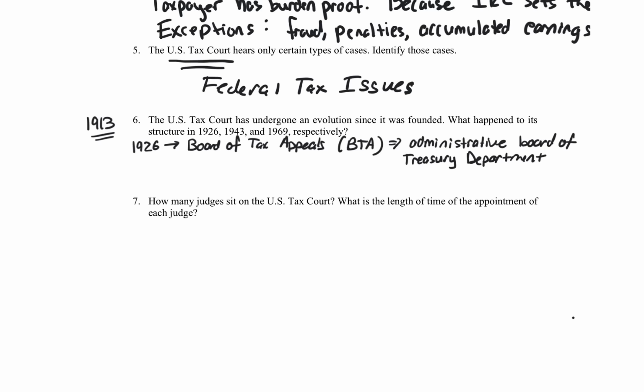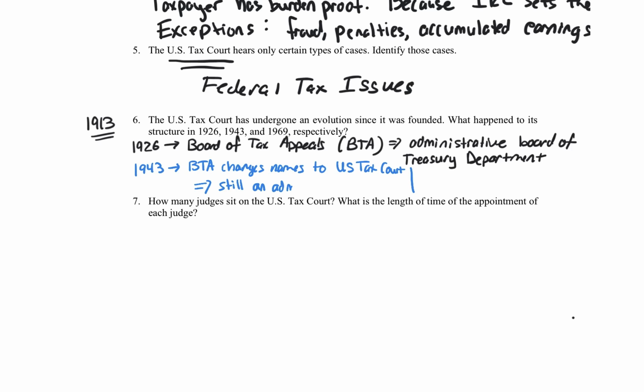In 1943, let's change the color of the font. Let's change to blue for the next date. Oops, highlighter, my apologies. 1943. In 1943, the BTA changes names to the U.S. Tax Court. It's called the U.S. Tax Court. Now, you're saying, okay, well, now it's like the U.S. Tax Court that we know of today. No, it was still